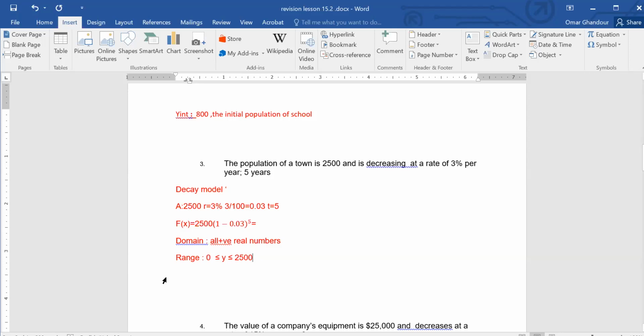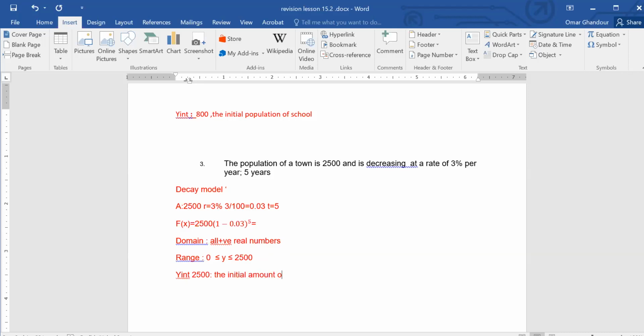So for the decaying model, it's always like this. For the growing model, it's always y greater than or equal to the y-intercept. In here, it's always y greater than or equal to 0 and less than or equal to the y-intercept. Okay? What is the y-intercept in here? The y-intercept here is the 2,500, which represents the initial